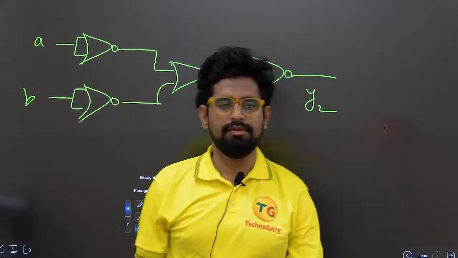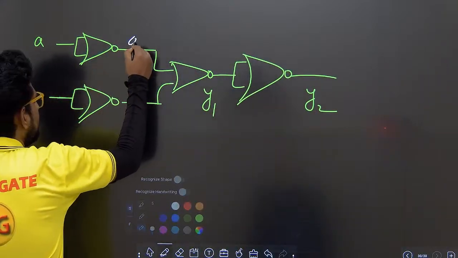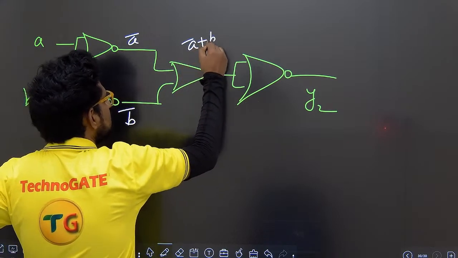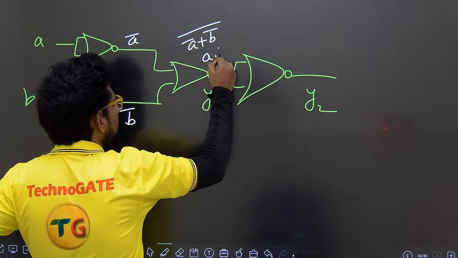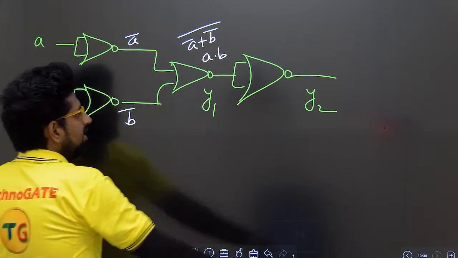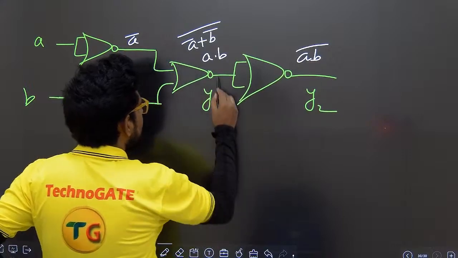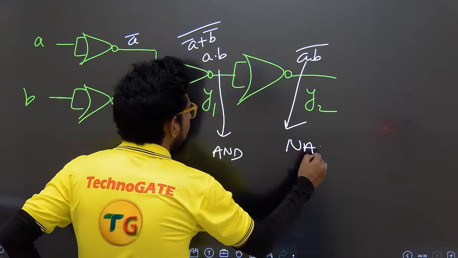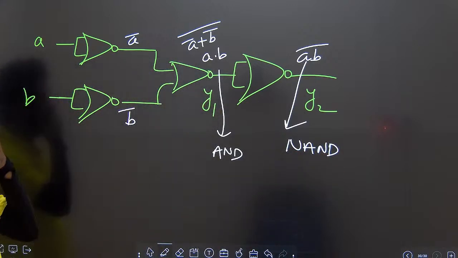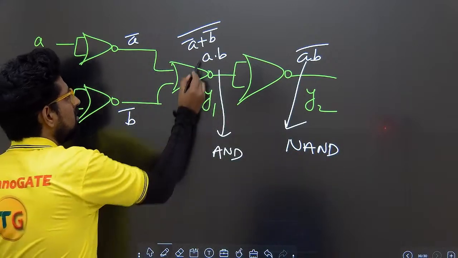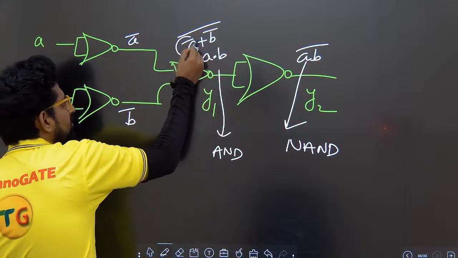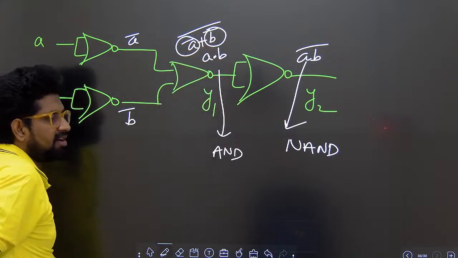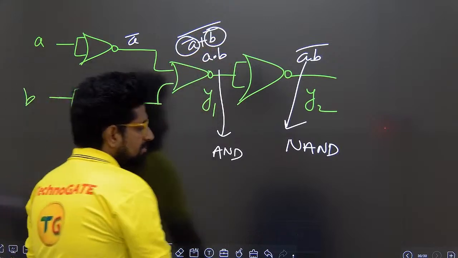So how will we do it? A for A bar, B for B bar. This is (A bar plus B bar) whole bar, which is AB, and this is AB bar. Here an AND gate, here a NAND gate, just applying the inverter. By applying De Morgan's law, plus becomes dot. So whenever bar is there, don't write bar. Whenever no bar, we need to write bar. In the similar way,